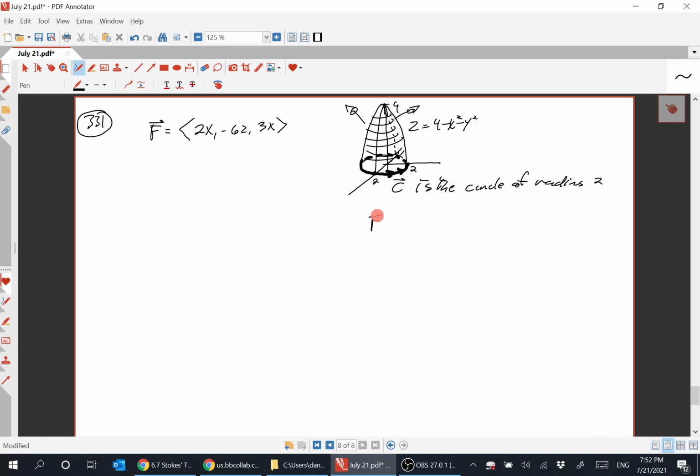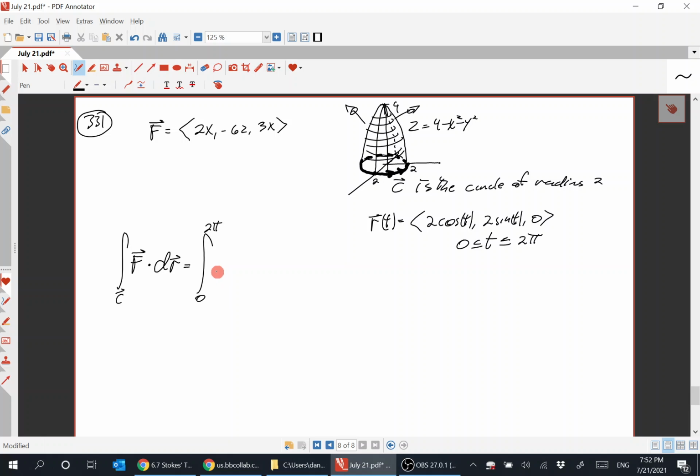So a parameterization is 2 cosine t, 2 sine t, 0. Circle of radius 2 in the xy plane. Right, so the line integral over C of F dot dr is equal to, well, and this is 0 less than or equal to t less than or equal to 2 pi. So this is the integral from 0 to 2 pi